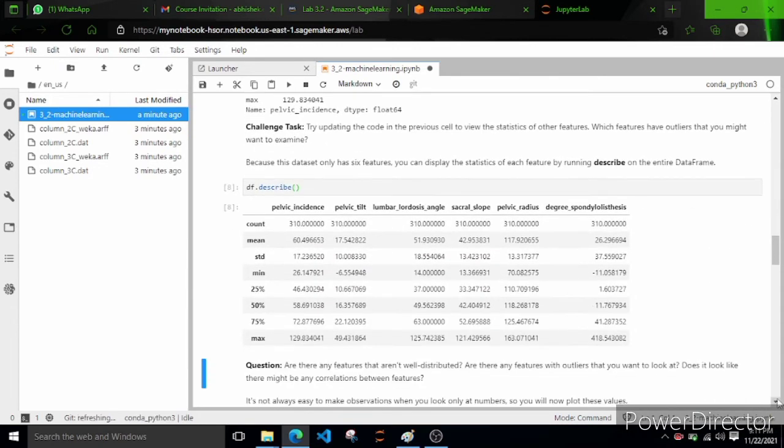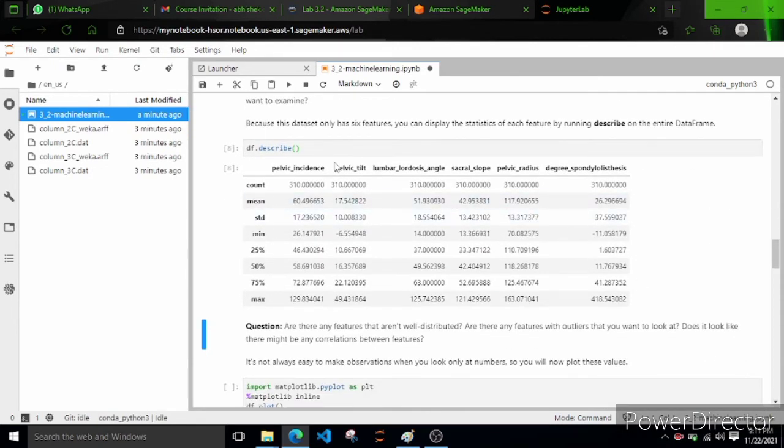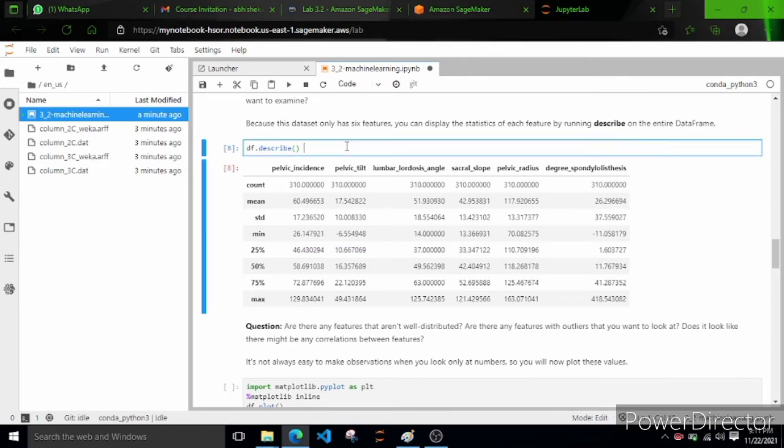The data set's columns with numeric values will all be displayed here. So here are 1, 2, 3, 4, 5, 6, 7 columns with numeric data, and all those values have been printed. So it will give statistics of all columns of your data set which have numeric values.